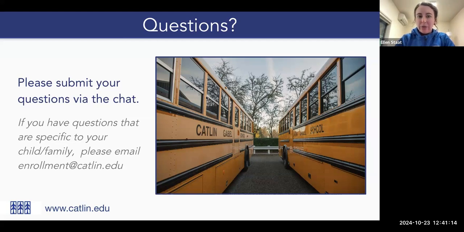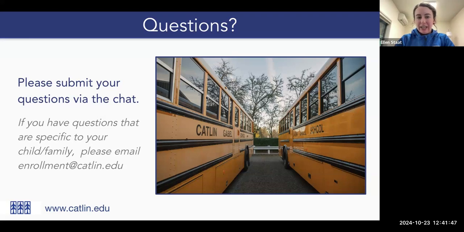I would recommend coming to open house with an idea of what you want to see ahead of time. If you really want to make sure you chat with a math teacher and get a moment to meet the head of middle school, it'd be helpful to know that ahead of time, because there's a lot of options. When you come to Catlin, you'll be given a schedule where you can look at the different options. And right at the front of the middle school, we're going to have an info table with some of our parent faculty volunteers from the middle school, and they can also help you make sure that you get to see the things that you want to see.